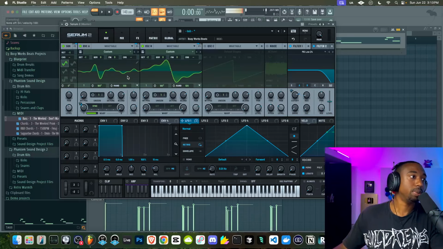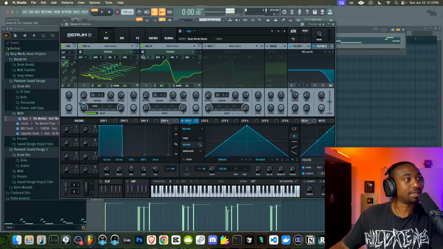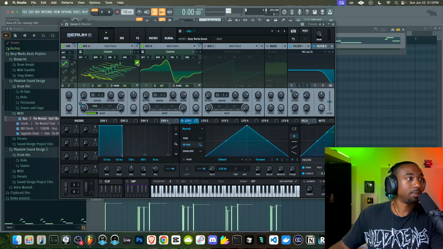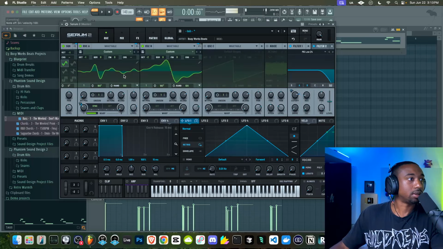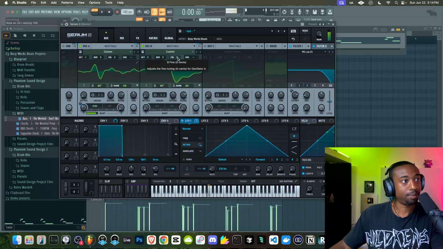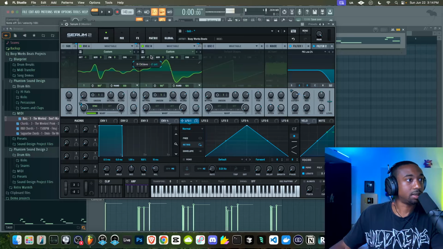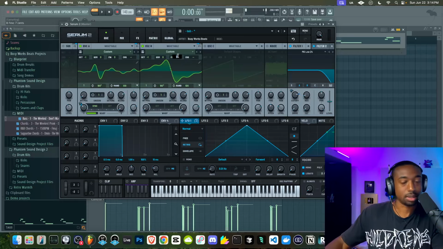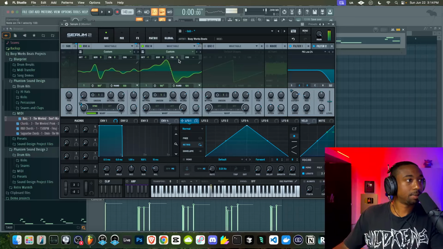Now, what we would do back in the old times is we would have this oscillator. Let me click the screen. We would have oscillator A, oscillator B. And then what we would do is set the fine tune of B so that it's different from A. And let me put these to the same octave here so that we could hear the difference. So by default, it sounds like this.